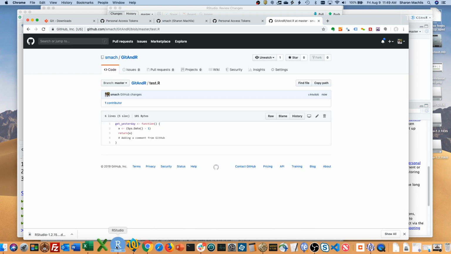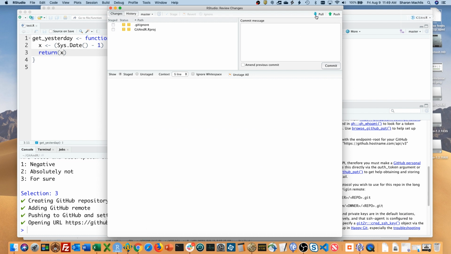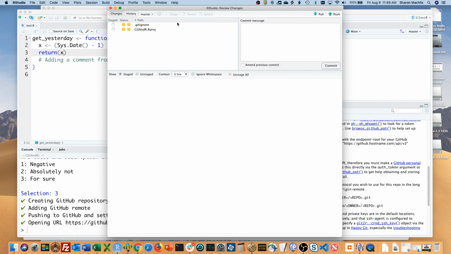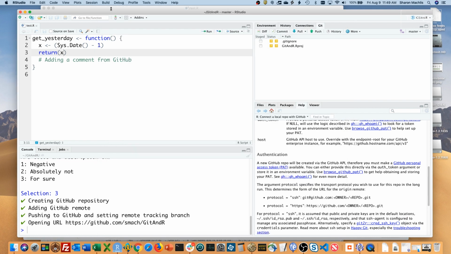Now if I go back to my RStudio version and use the pull button to pull changes from GitHub down to my local system, close these dialogs, close this box, and you can see the file has been updated from the changes at GitHub.